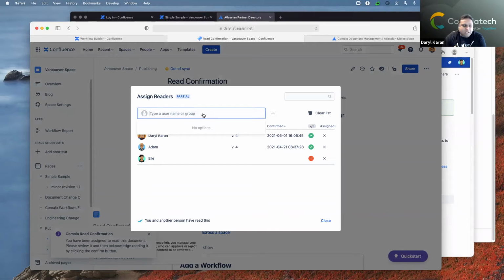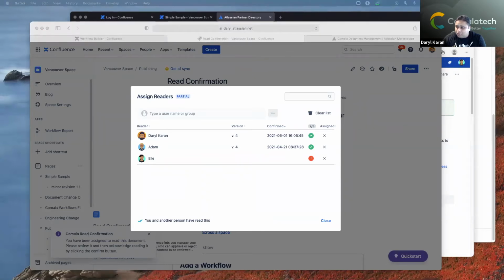And if I was to add, for example, I have an experts group, and I need to make sure that the experts group has read that, I can add that in. And now everyone in the experts group will be added, and they would then be informed via email that they've been assigned to read this content. And so there's an email that will come to that individual. Let's just wait to see if I receive that email. But the individuals will receive an email to let them know that they've been assigned to read the content, and then they'll go in. There's a link on that email that will take them directly into Confluence to that direct page, and they'll just simply go ahead and click on